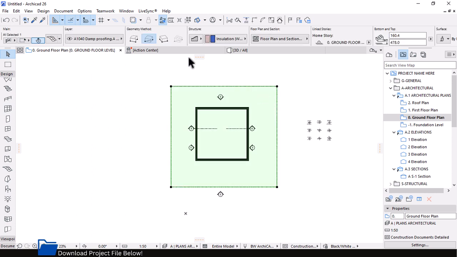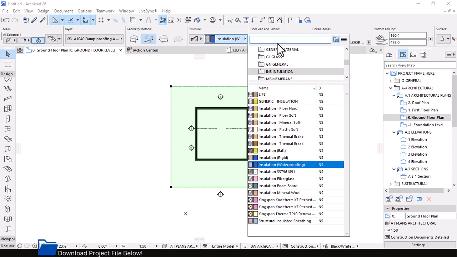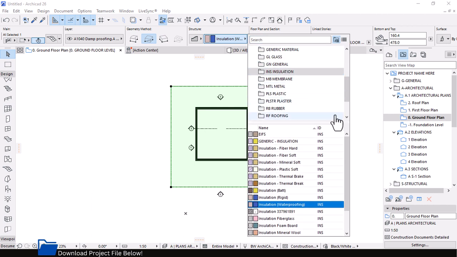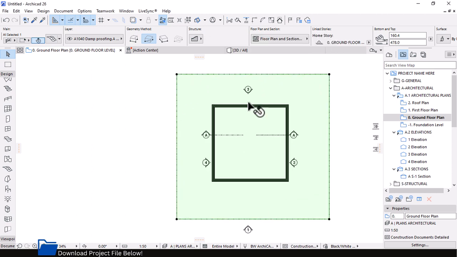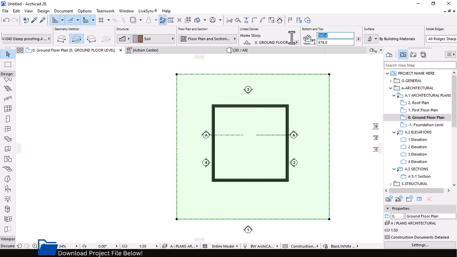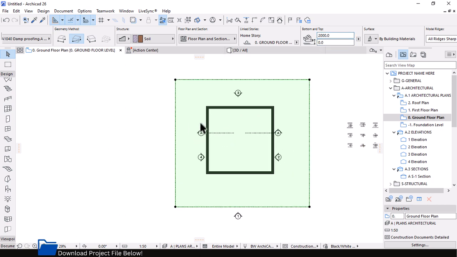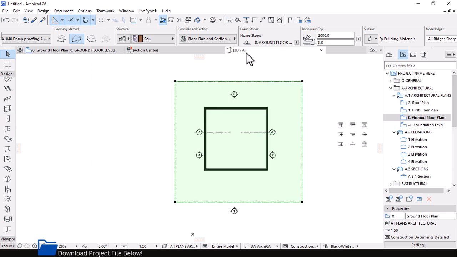So let's see the settings. Let's change the material to earth. With this template, all the materials are grouped in some subcategory folders, as you can see. For example, if I'm going for the site, I'll go to the site folder. It will give me all the different types of site material, and then click on soil. For example, let's set the height to 2 meters, and then this to 0, which is the offset height from the base. Okay, so if we check on 3D,